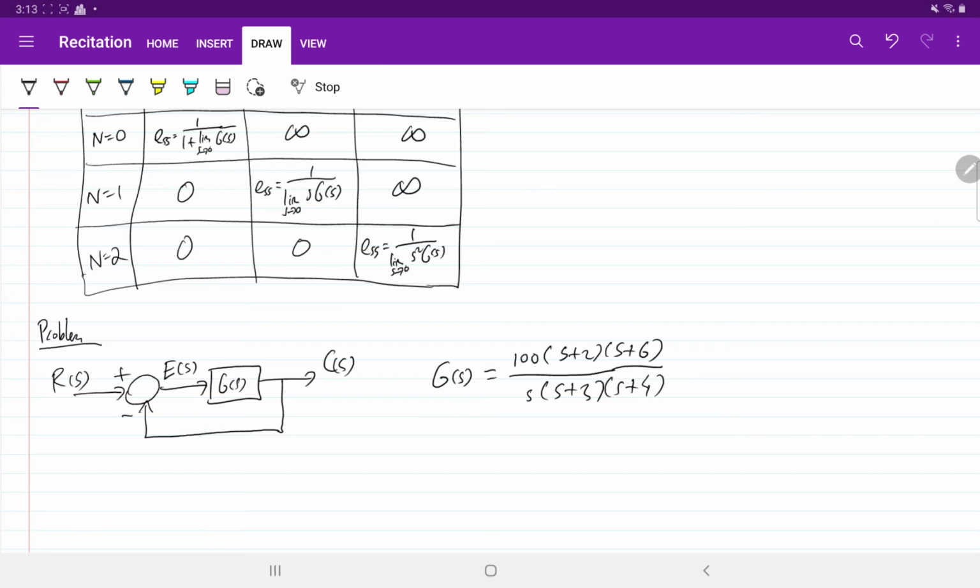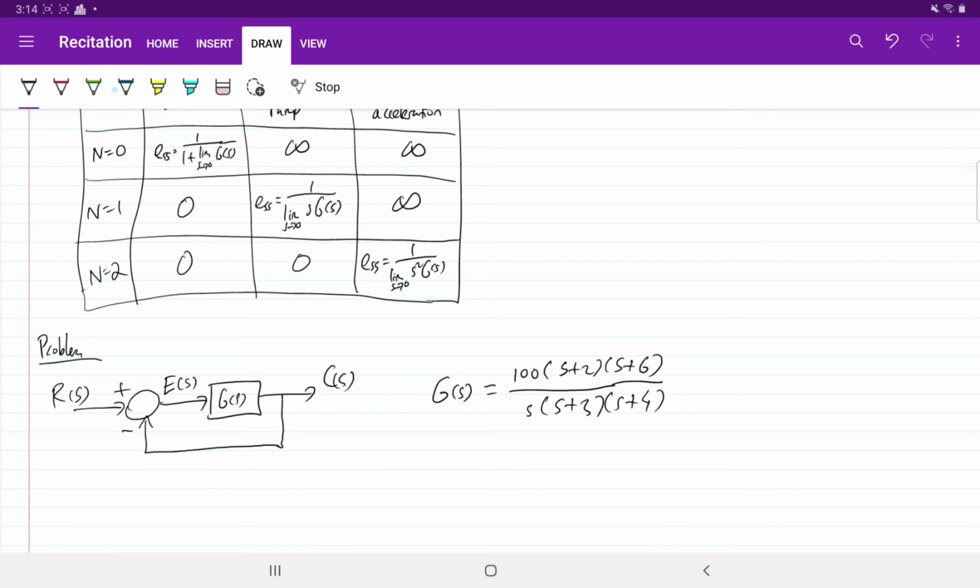Given G of s, we can immediately see that the type of this system is type 1, because we have only one pole equal to 0. All right,